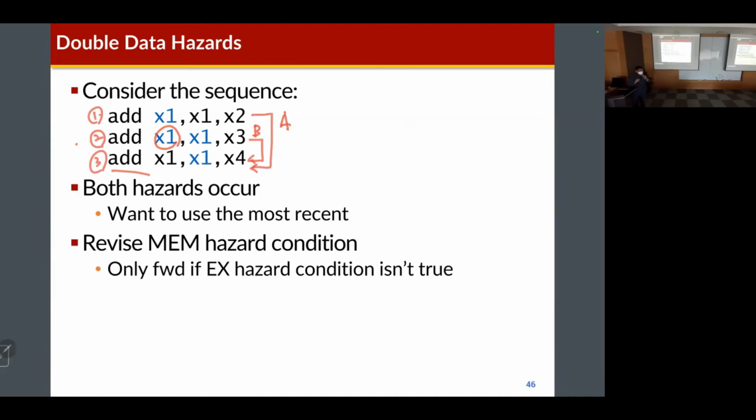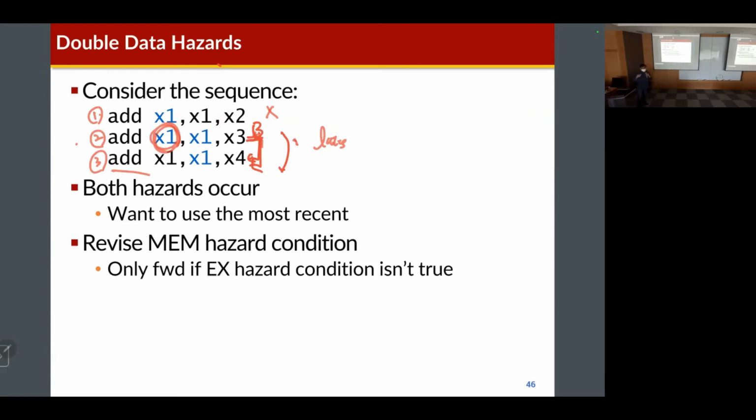there are two possible forwarding paths here, from edge number 1 and from edge number 2. But this X1 is the latest, which means that we need to use forwarding path B, not A. So what does that mean? We also need to detect this double forwarding condition, and if the double forwarding condition is detected, then we need to select this forwarding path, which means that